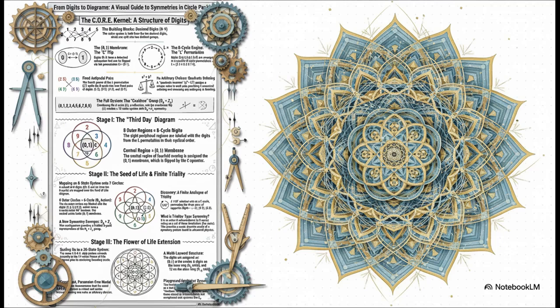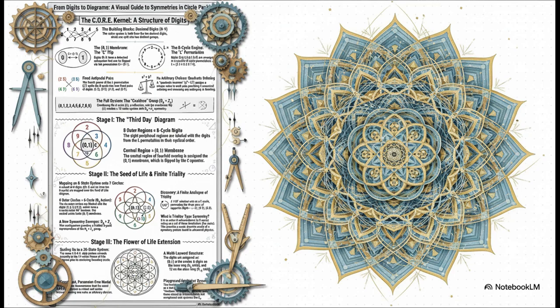Okay, so take a look at this. It's this gorgeous, intricate diagram. You might recognize parts of it. Right in the middle, you can see a shape called the seed of life. It's just made of these perfectly overlapping circles, and it feels right, it feels harmonious. But what if that harmony isn't just a cool design? What if it's actually following a very strict set of rules, like a hidden language just waiting for us to